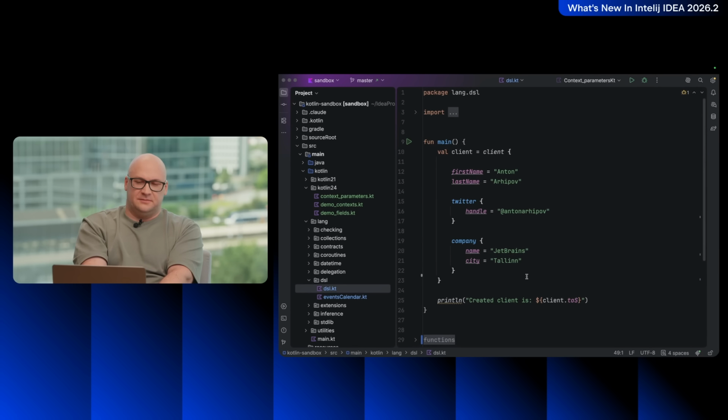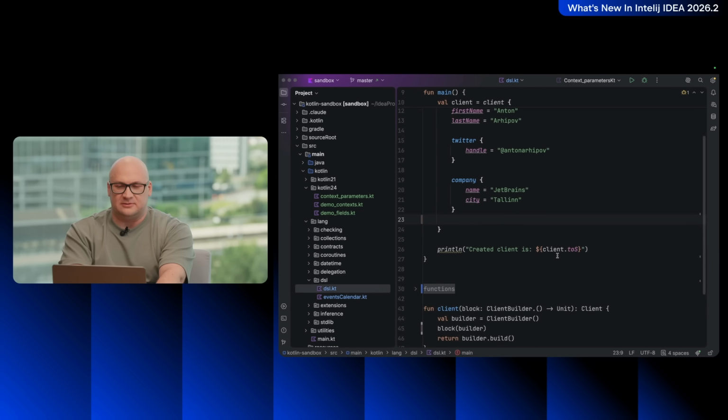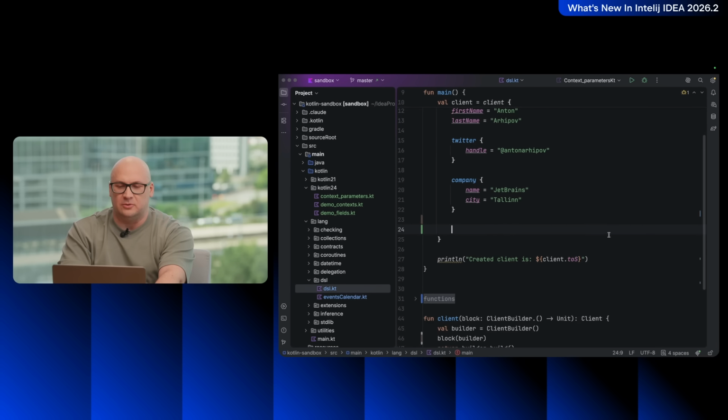I'm not going to dive into how it's implemented here, but you can see this nice structured code that looks like JSON almost, and it builds an instance of a client, and the client has a first name, last name, some other attributes like Twitter handle, maybe TikTok account, and so on. But they do also have a birth date usually, and in this DSL that I have created for myself, it's a demo code. I have a date of birth